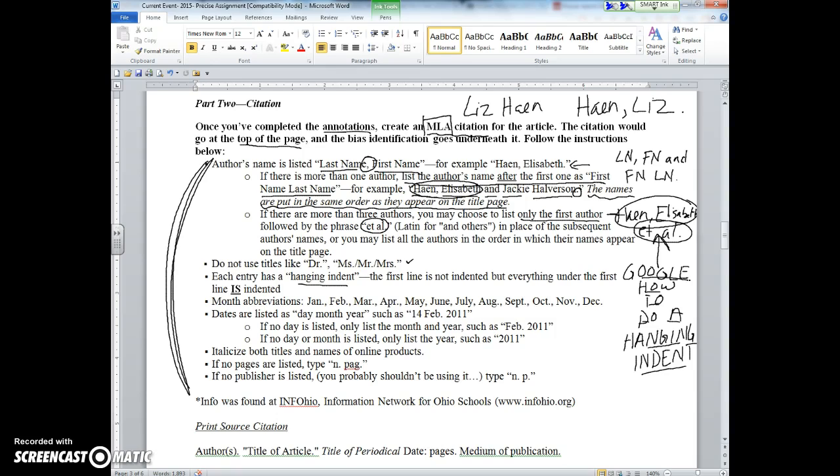Anytime that there's a month, you always abbreviate it, except for our beautiful May, June, and July, because they're really tiny anyways. And September is longer because that's the root of the word. The rest of these, Jan is a root, Feb is a word, Mar is a root, Apr is a root. Sept is the actual root of September. So that's how you put those there.